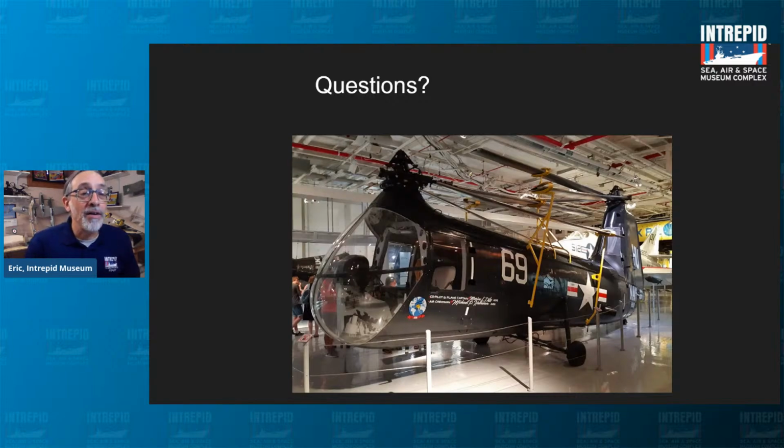Look at any of the Apollo moon landing recoveries after the splashdowns. Those are all HS-3s. And HS-3s would serve on Intrepid later after the Vietnam War, getting into the late 19